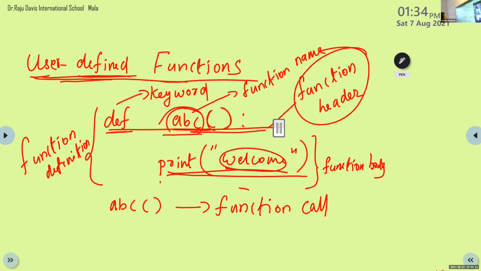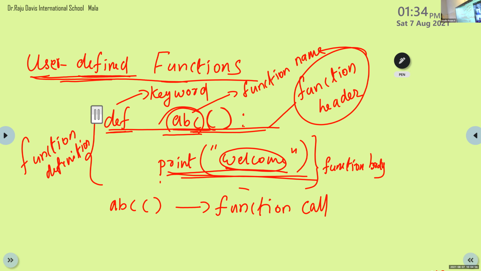Okay, and this is the function body. So the two lines are known as the function definition. Within that function definition, the function body is there, the function header is there. Then after that, this ABC with empty brackets is known as the function call statement.